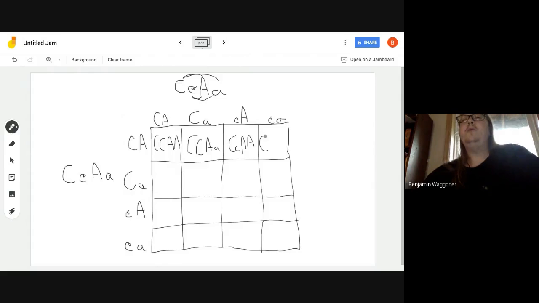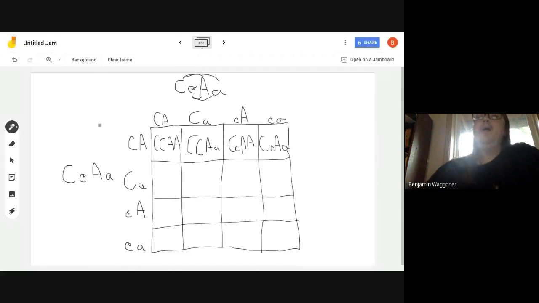And this one will also be agouti. Sorry about my rotten handwriting here. I hope you can make it out. This one will be agouti. That's an A. This one will have color,